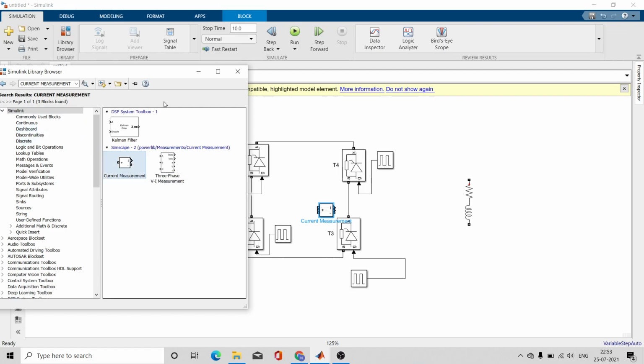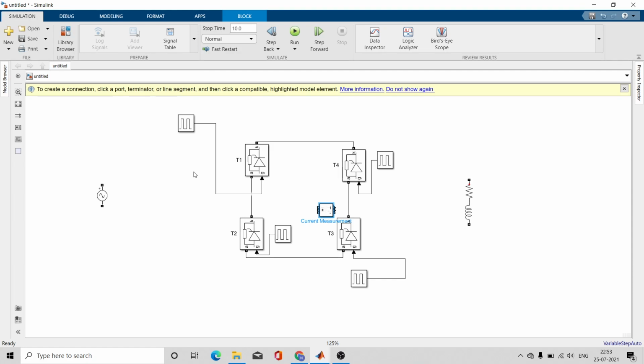These are nothing but the voltmeter and ammeter. You know how to connect them. Current measurement is nothing but the ammeter. You connect it in series. Okay. So let me connect it in series.